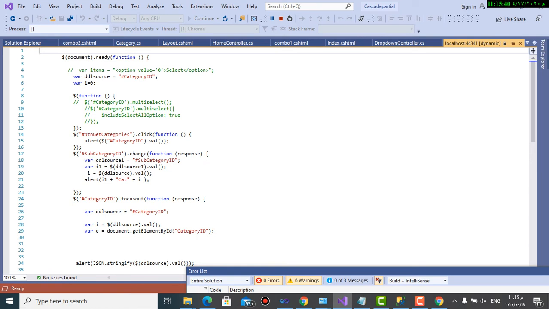When I choose the subcategory ID to change, it will display the value from subcategory and the value of the category. DDL source stands for category and DDL source 1 stands for subcategory ID, concatenated to know that I am going the right way